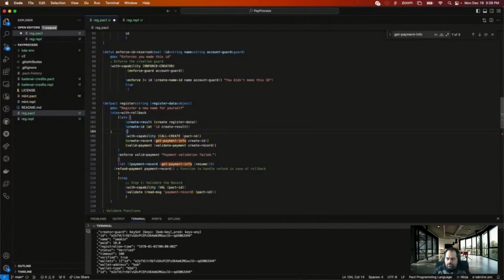I need like an enforce. Enforce the ID isn't... That's not gonna work. How do I want to enforce this?